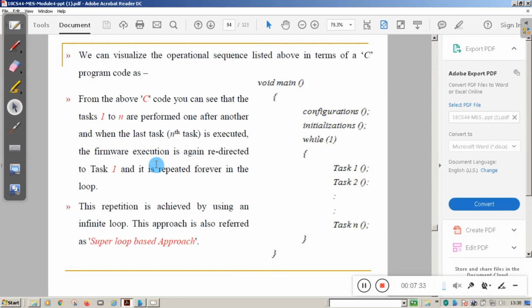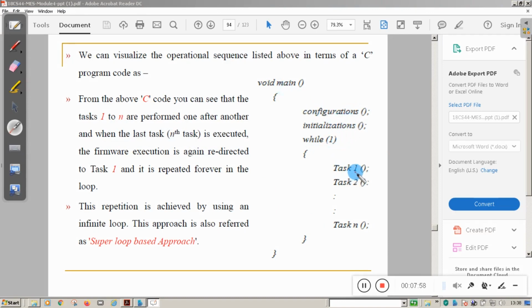So we can visualize the above operation by using a C program. Here you can see the C program, which contains various functions, and inside it a while loop. During this approach, first the configuration and initialization will be done.